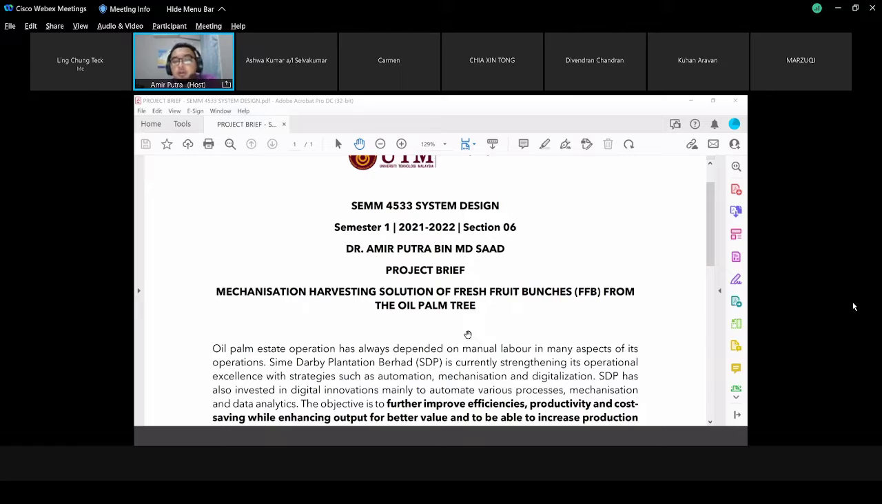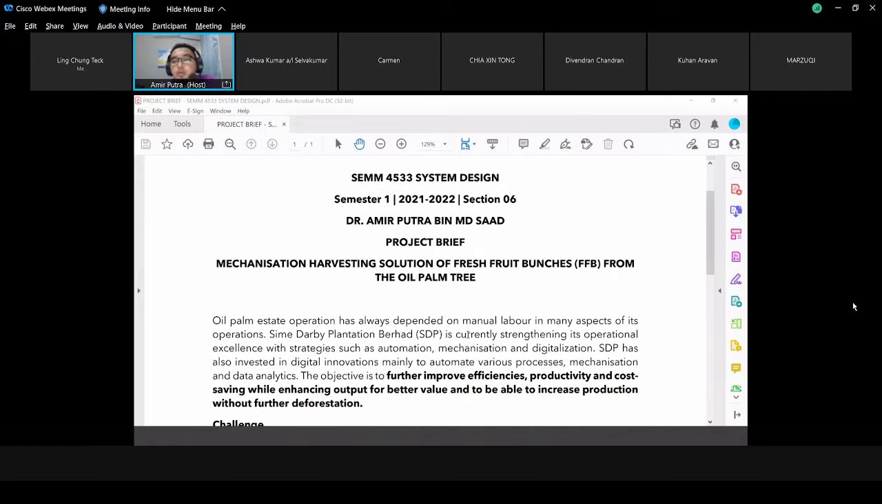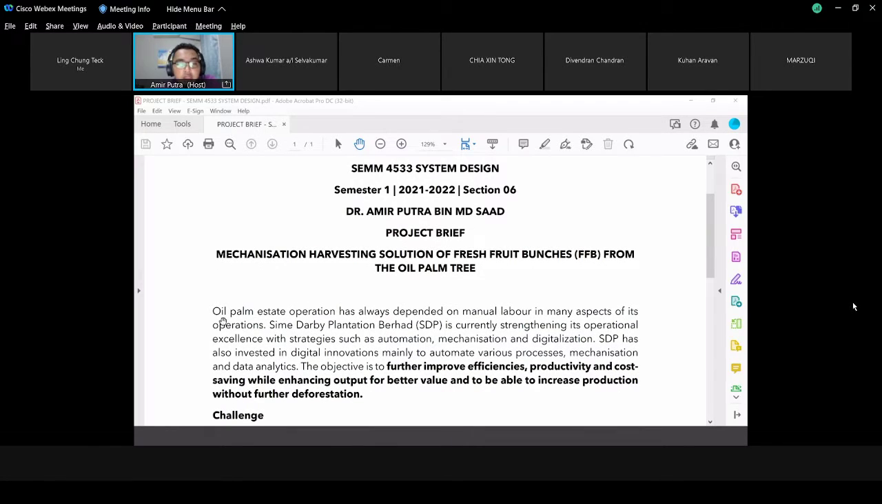After that, I will show you the video. But first, let me go through this design brief first. All right. Okay. I will read for you. Oil palm estate operation has always depended on manual labor in many aspects of its operations. Okay. So this is where